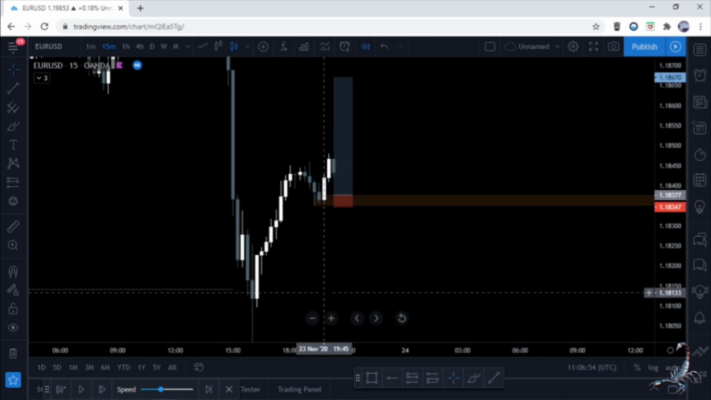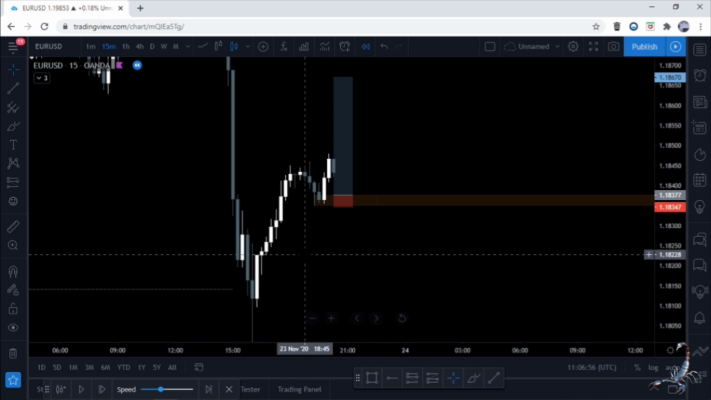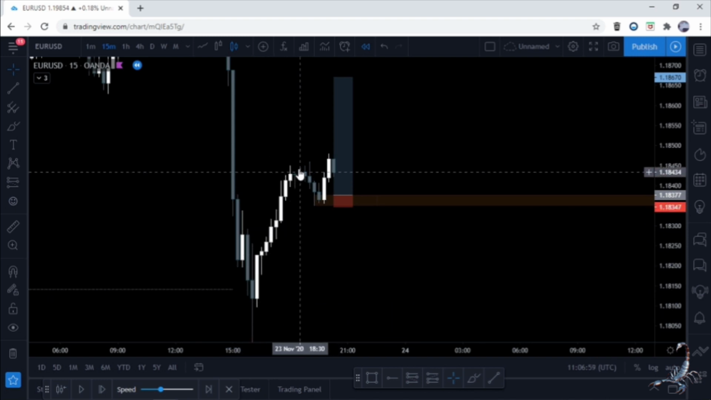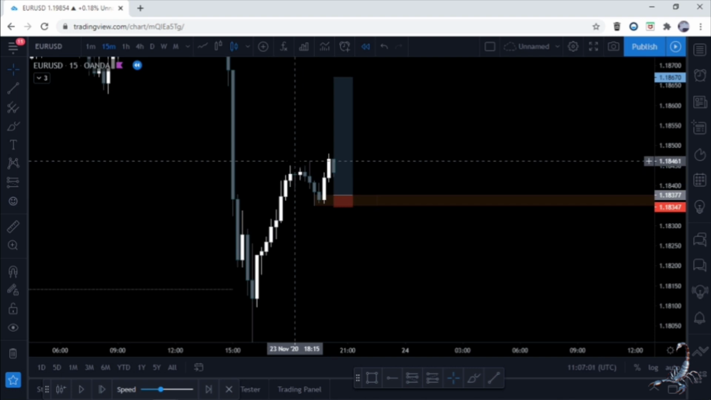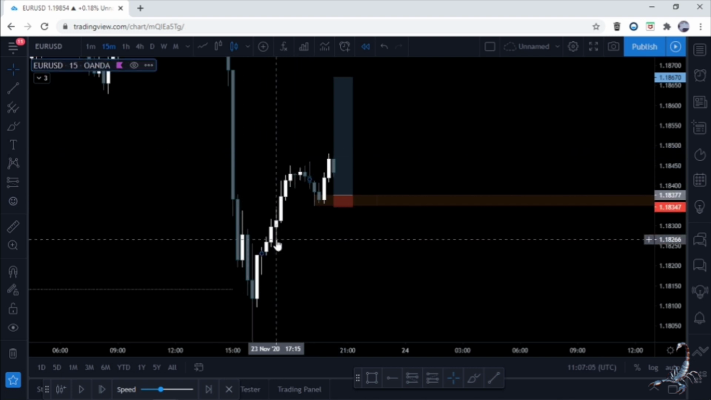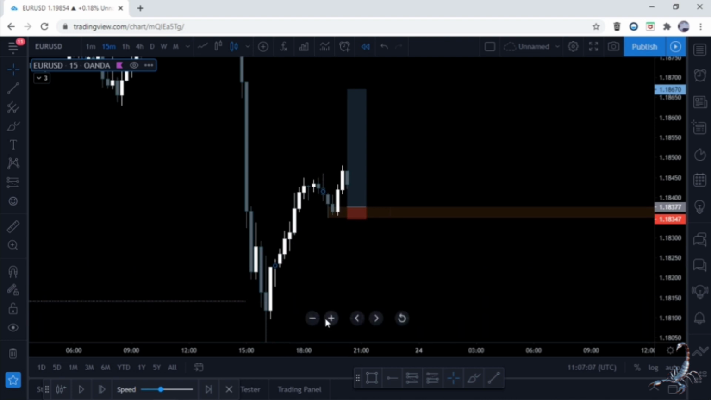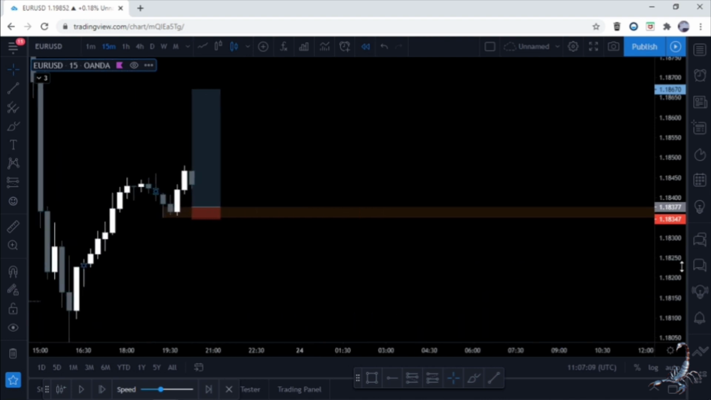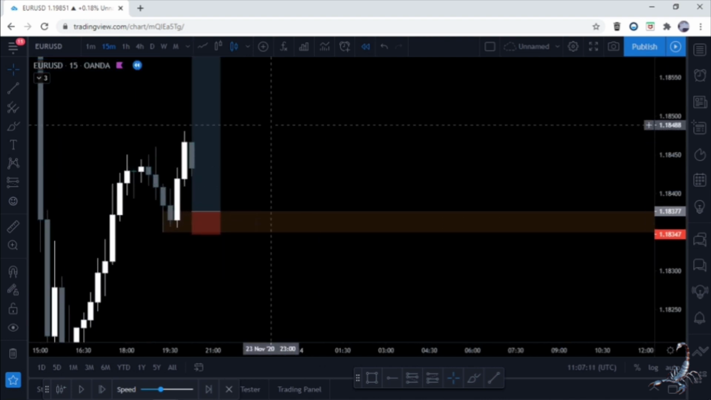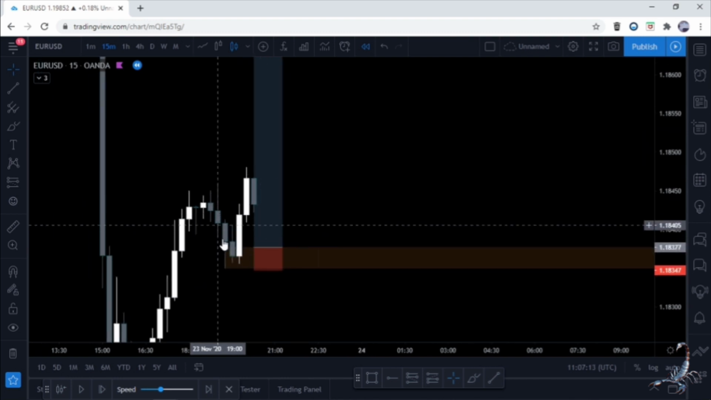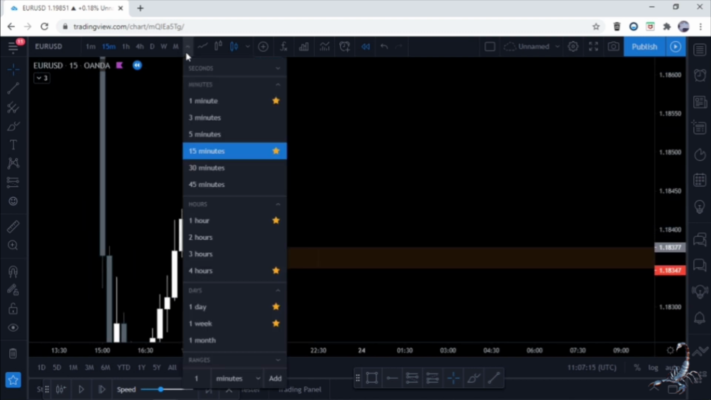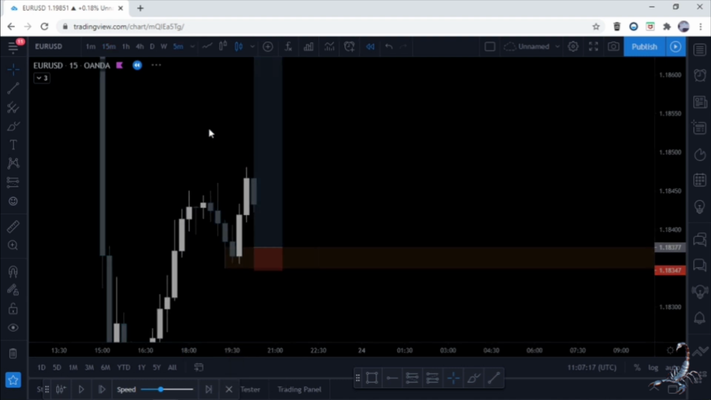So what happened here was price made an uptrend. Here we have a high forming, a lower high, and then we broke this structure, creating a higher high. So now we know that we're in an uptrend. Within that uptrend, price formed an order block. Then I went down to the 5-minute time frame,